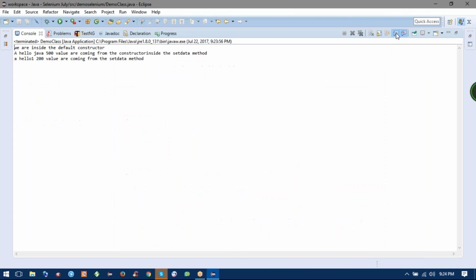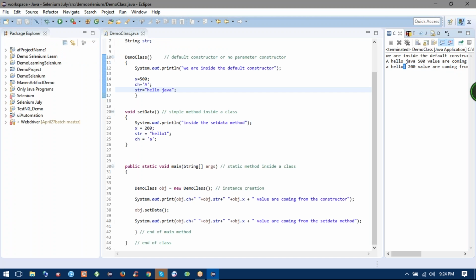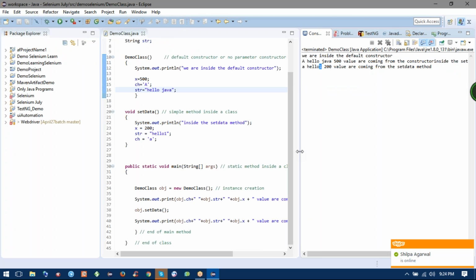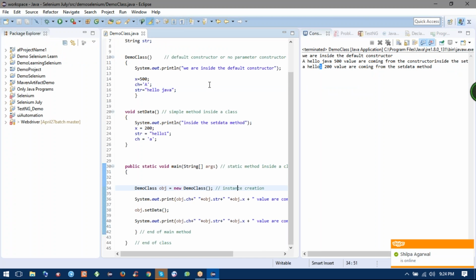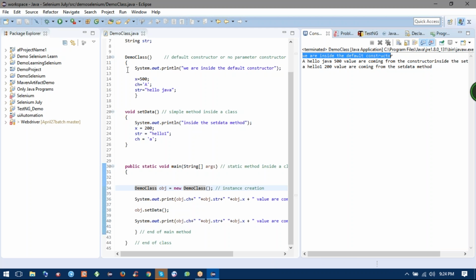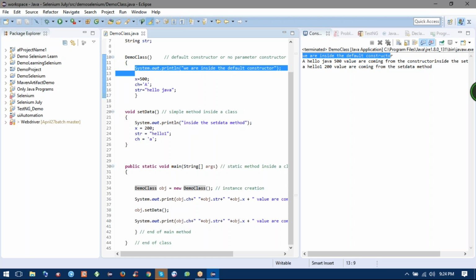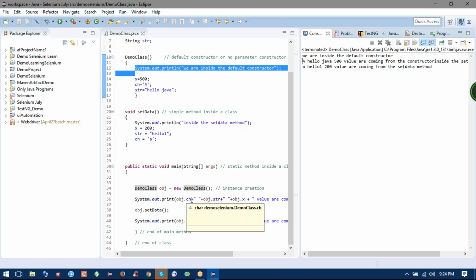Now I am performing a double click so that you are able to understand. We are inside the default constructor. See, when the constructor runs, at line number 34, due to this line of code, this value is coming from the constructor, this one. Fine. And the next value, a, is coming due to this one,